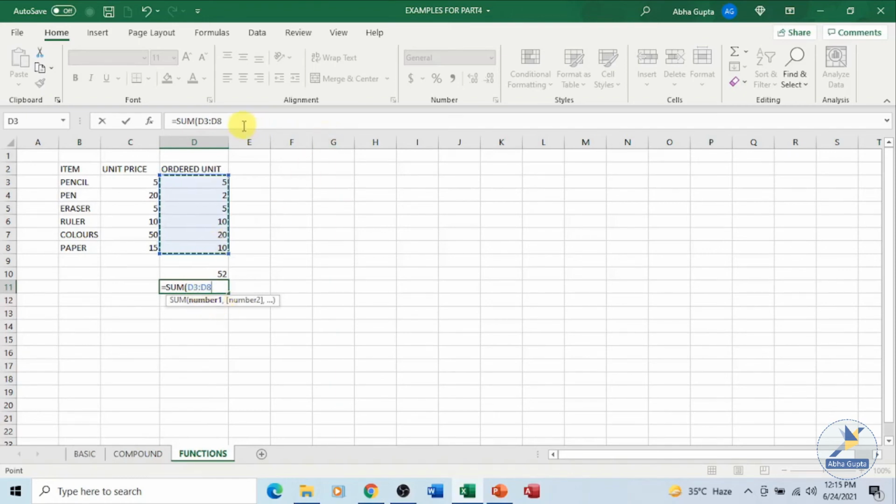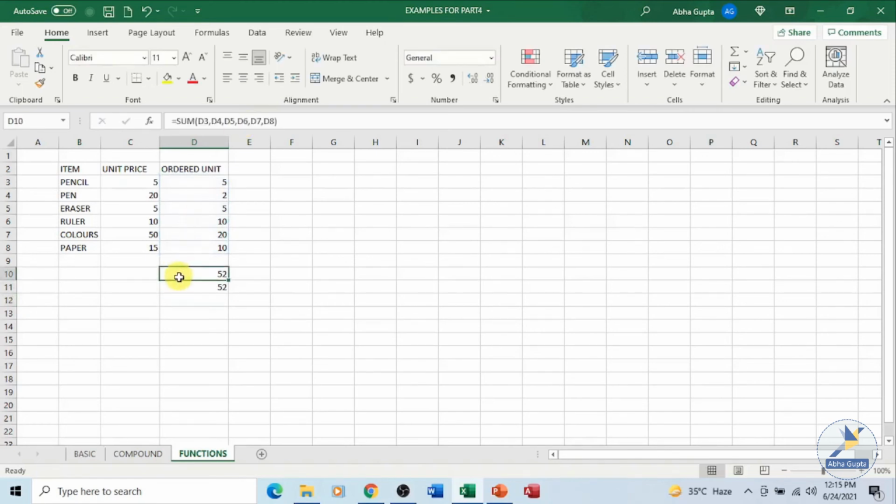And if you look at the formula bar over here, you can see the starting cell address is D3 and the last cell address which we want to include in our formula is D8, and they are separated by a colon sign. That means it is a range of cells which we are trying to make use of in our formula. Close the parenthesis and press the enter key. You got the same answer over here, making use of each of these separate cell addresses, and in this one, in this sum function, we have made use of a cell range.